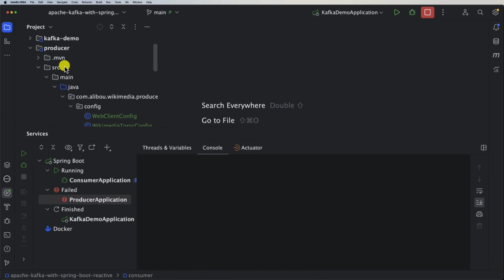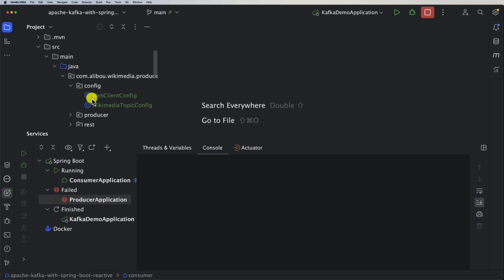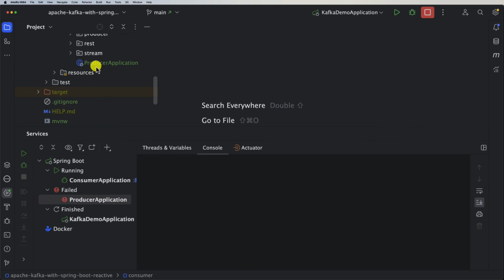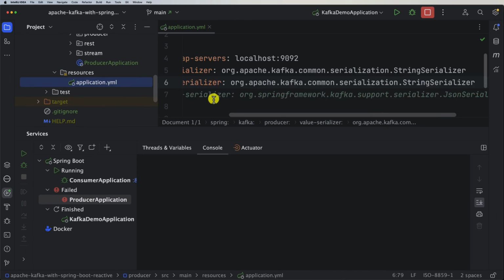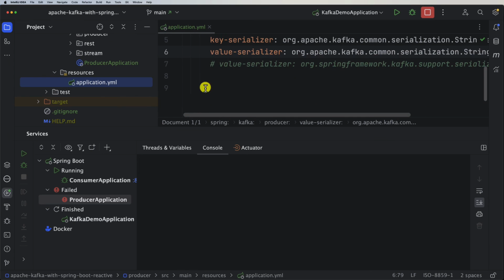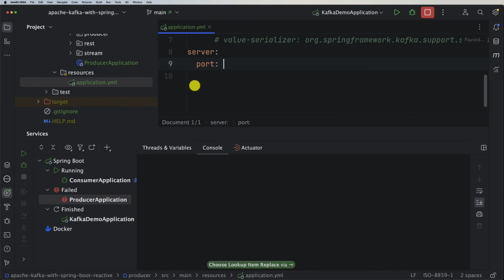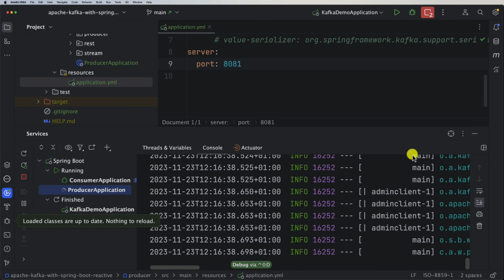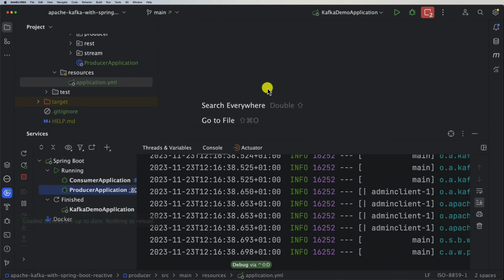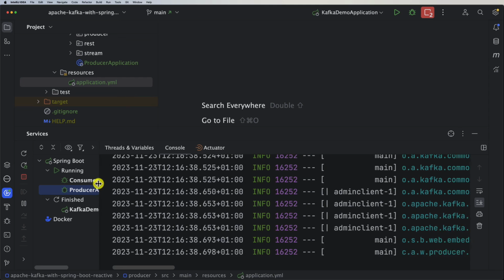So let's go to our producer and go to application properties or application YAML, and at the end, let's say server.port and let's say 8081, for example. All right, so now I will restart the producer and it should be up and running normally without any issues. Okay, so the producer is also running.